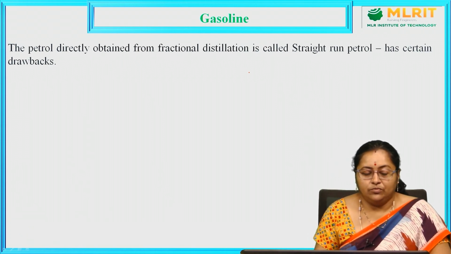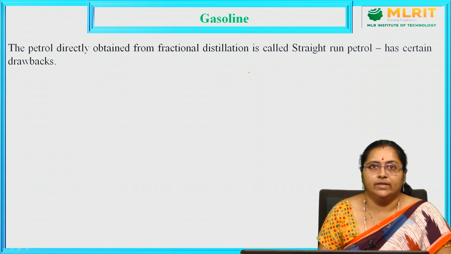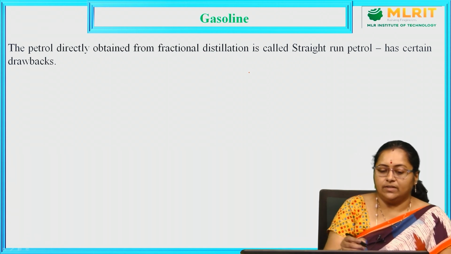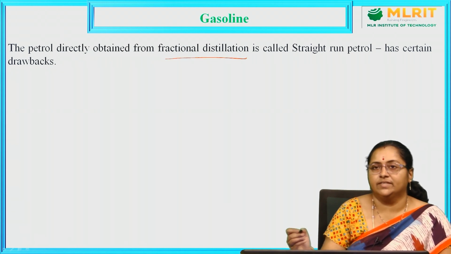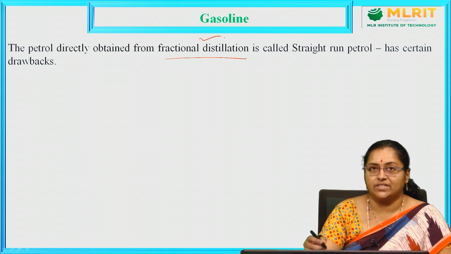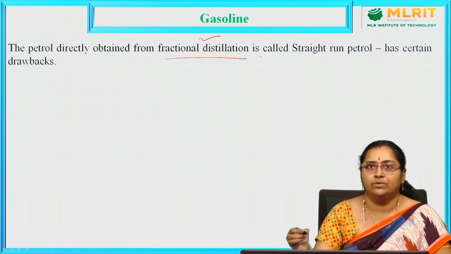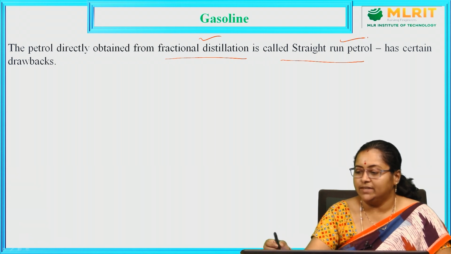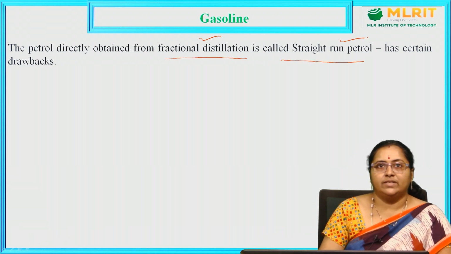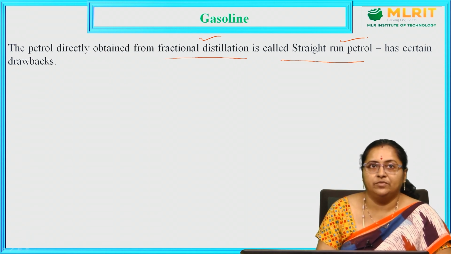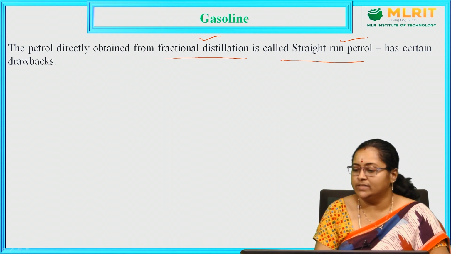So far what we have discussed is a liquid fuel, the natural existing liquid fuel, crude oil. Petrol is directly obtained from fractional distillation. During refining of petroleum, 3 steps are included, and the third step is fractional distillation. After fractional distillation, we get different fractions like petrol, diesel, kerosene, naphtha, everything. In that we get petrol, which is known as straight run petrol. Straight run petrol is the natural one, which we get during purification of petroleum.